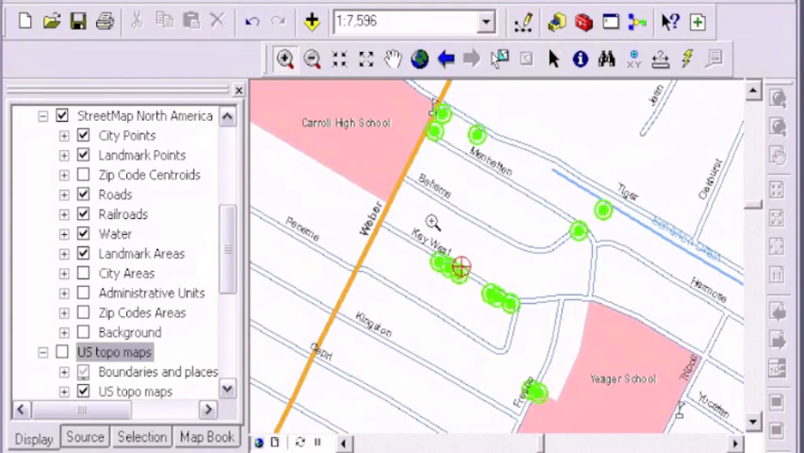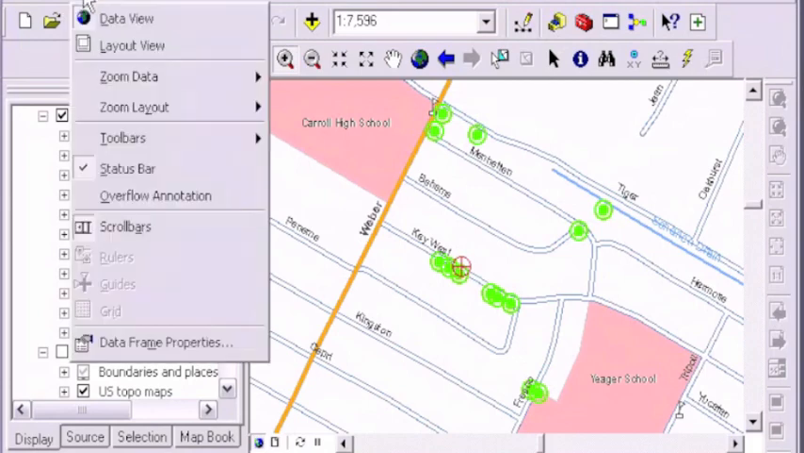Yeah. So what we're going to do is go to this layout right here. There's a button, data view, layout view, and you can also go up here to view. There's data view and layout view. I'm going to click layout view, and it takes me to a view that looks like a sheet. Now you can see